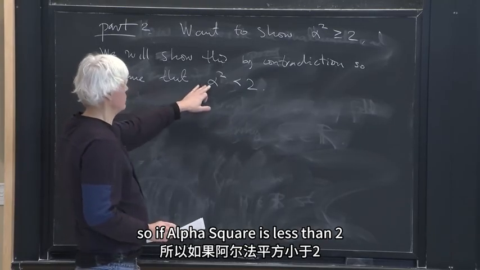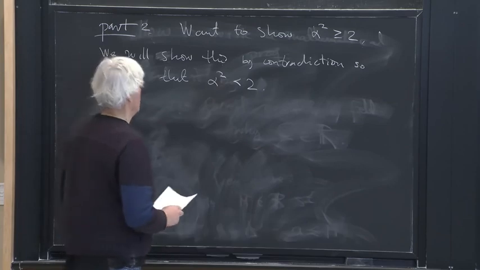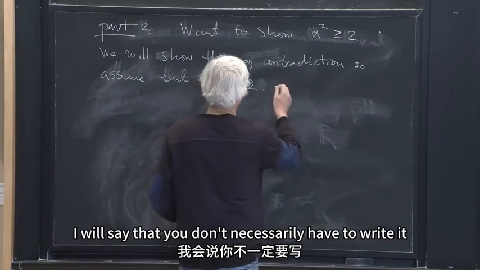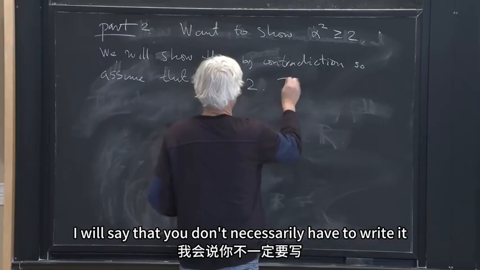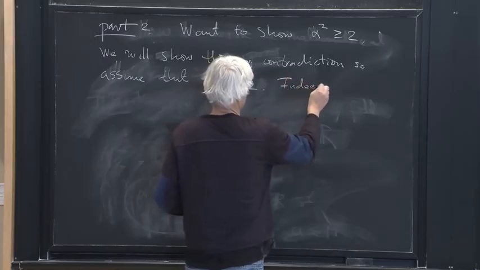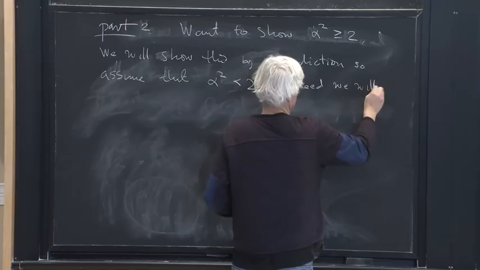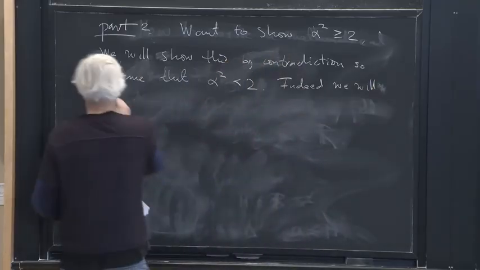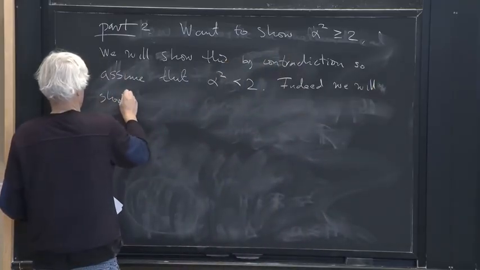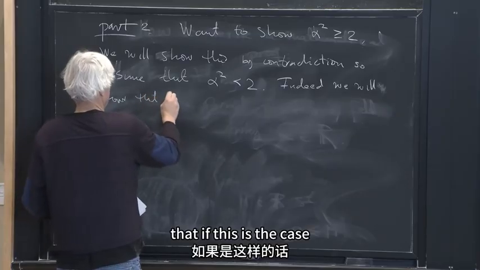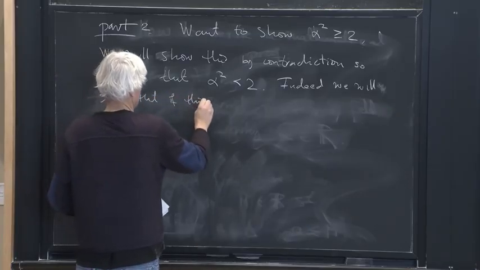So if alpha squared is less than 2, you don't necessarily have to write it, but indeed, we will show that if this is the case,